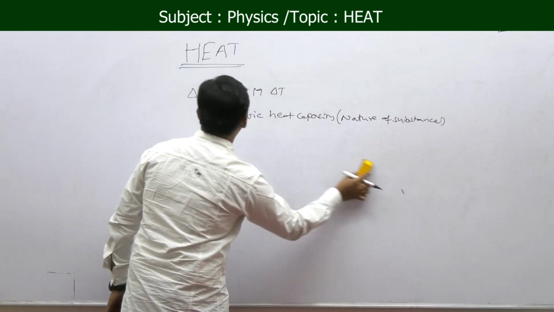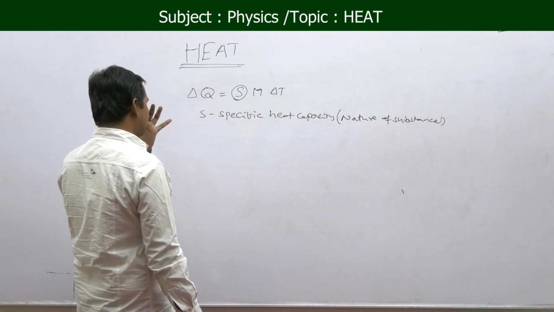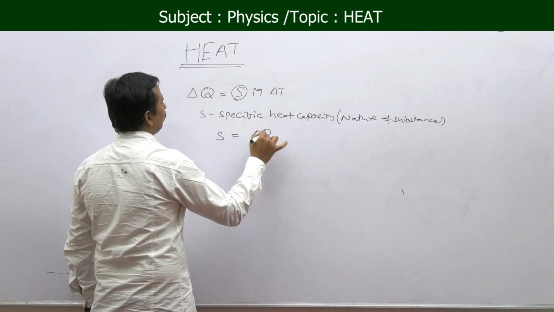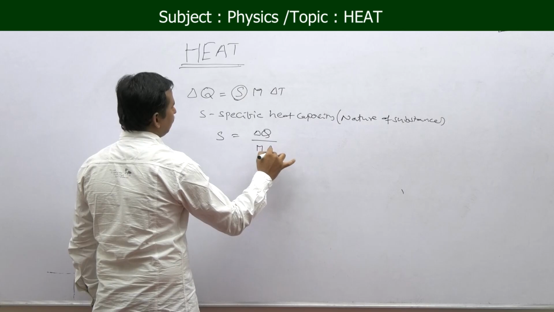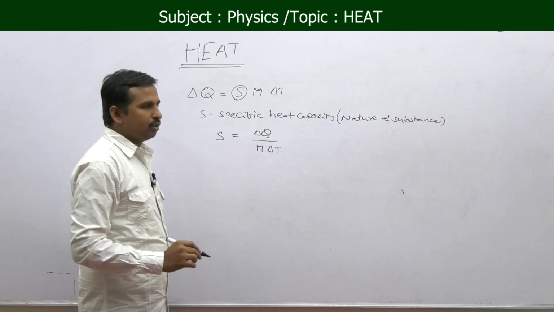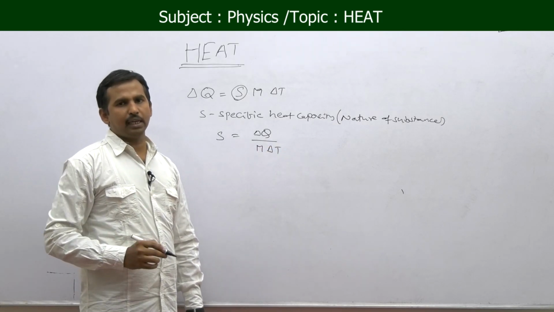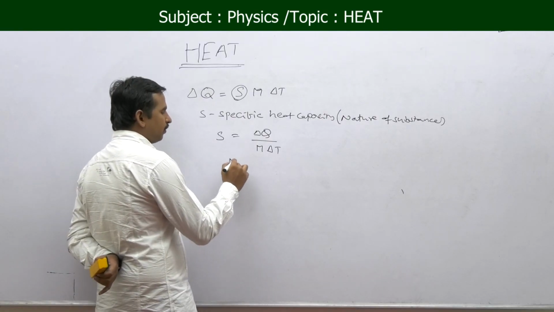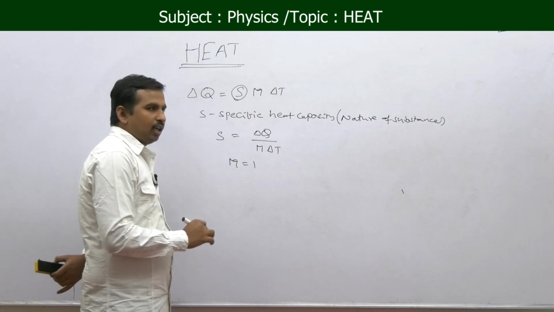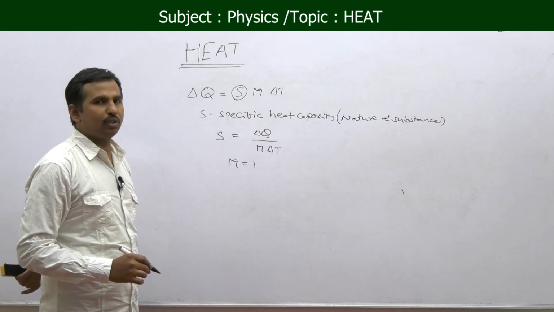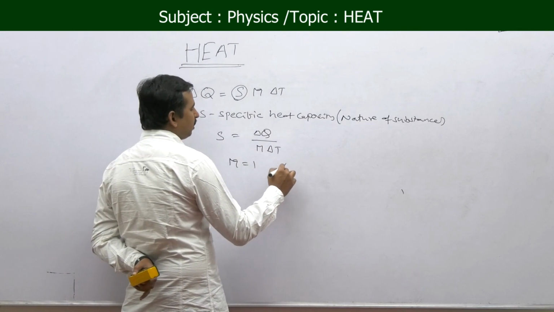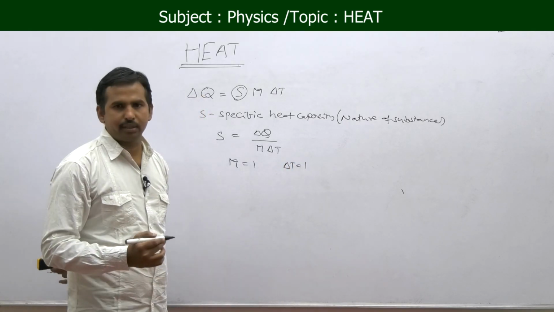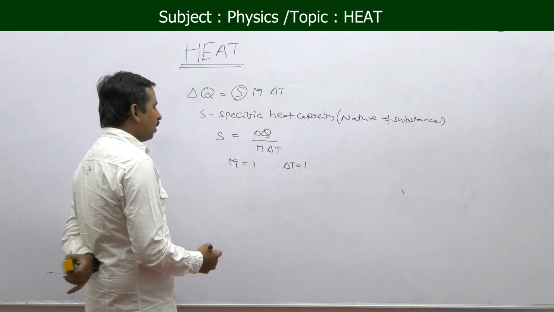Now, as we know that Q is equal to S m delta T, from this we can write S is equal to Q by m delta T, that is, S is equal to delta Q by m into delta T, where m is the mass. Suppose you are taking a unit mass here, m is equal to 1, and at the same time the change in temperature is also 1 degree Celsius, then our formula becomes